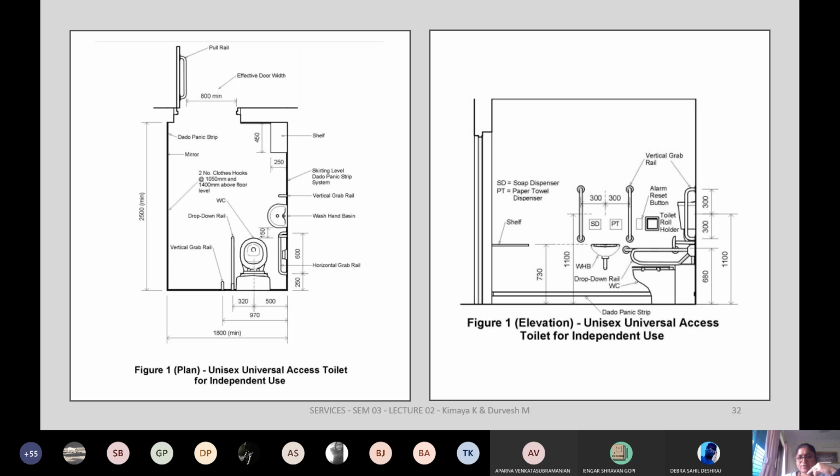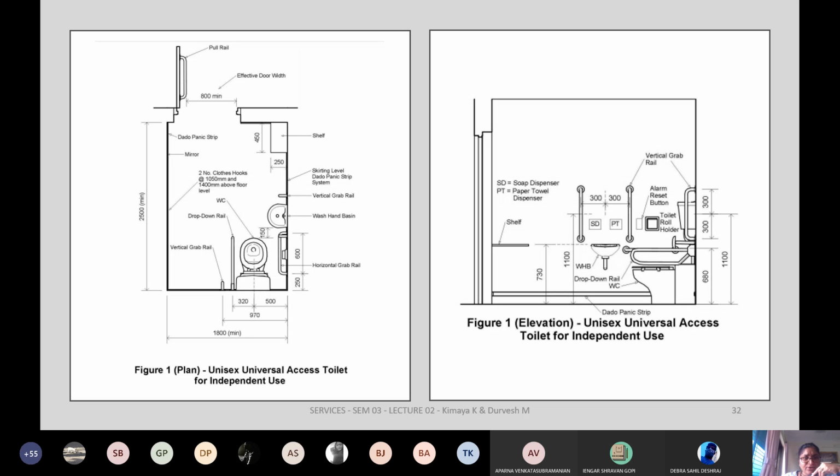They generally have these shelves so that you can put your things, and then you have your wash basins. Now in this layout, if you see, there is no threshold, there is no tile drop at all. It's only at one floor level. So you just move in and it's easy to access all of the accessories.